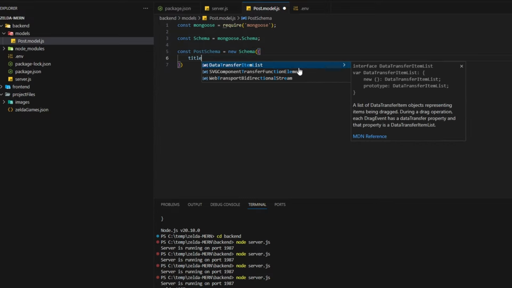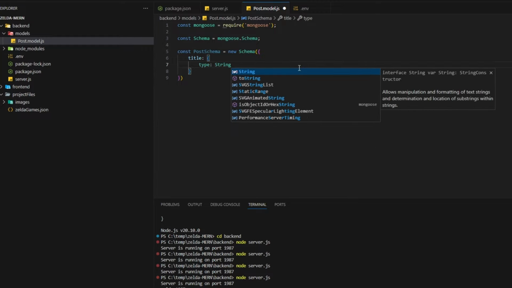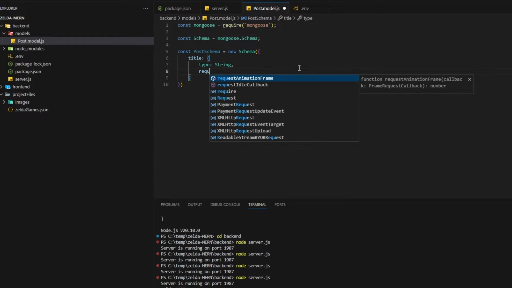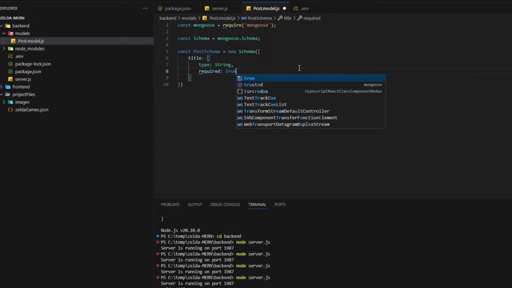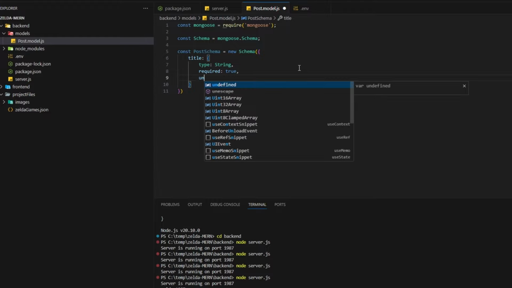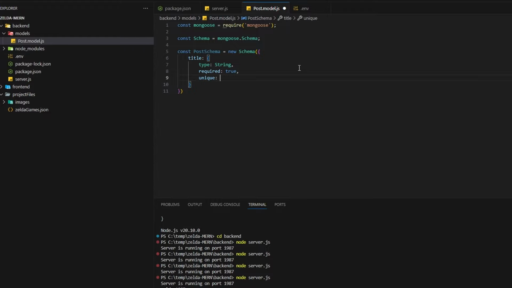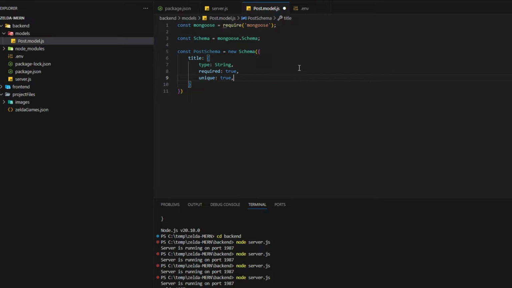So what we're going to have inside of our JSON for every post, we're going to have a title. And then that title is going to be of type String, comma, and this is going to be required. So required, I'm going to say true. And then there's a couple more actually. Unique, we're going to want all of our titles to be unique, because of course we're going to be using our titles for our